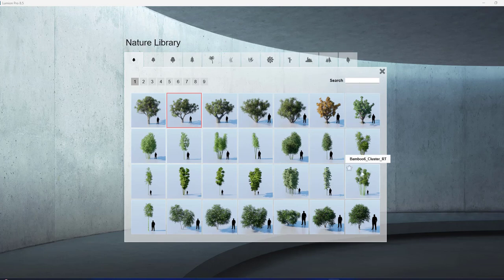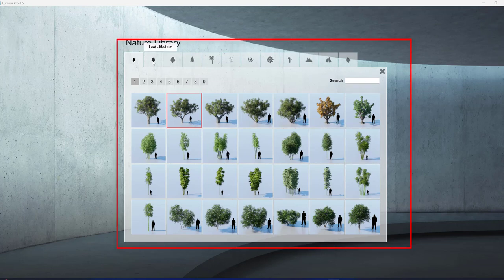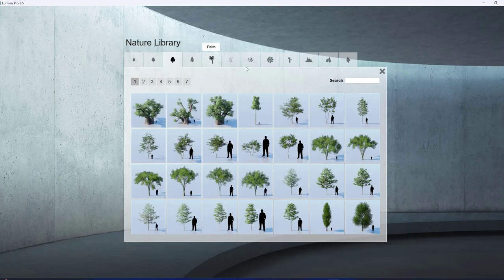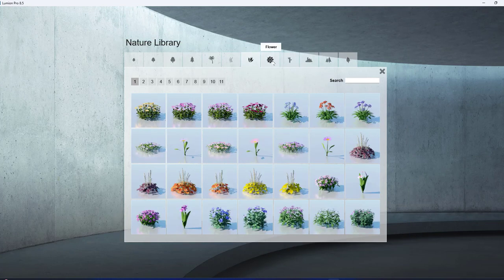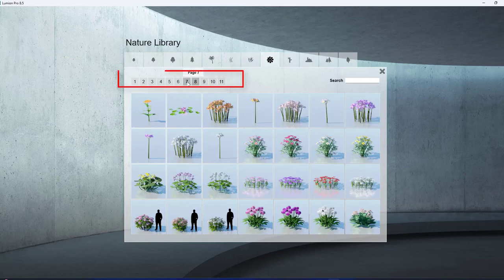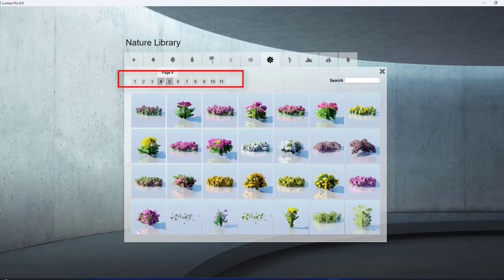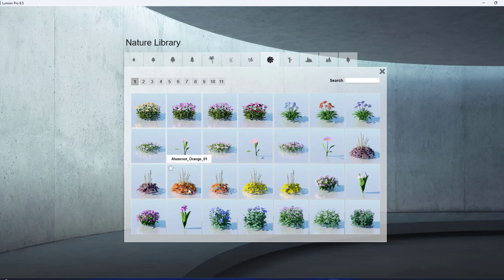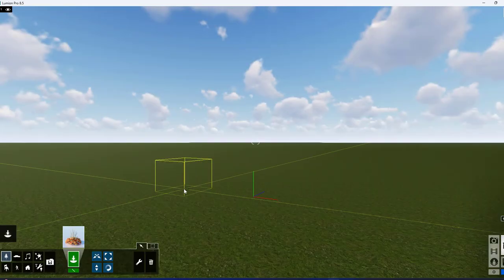Then just select on the tree. You get a huge collection of the trees depending on the requirement, whether you want to place medium leaf trees, large leaf trees, coconut plants, flower plants, like this. First you select the main category and then come to the sub options. Here also you can switch. As I already told you, in the higher version you can see more options than this. Now again I am just selecting one option, click on the wanted flower plant and then place it.